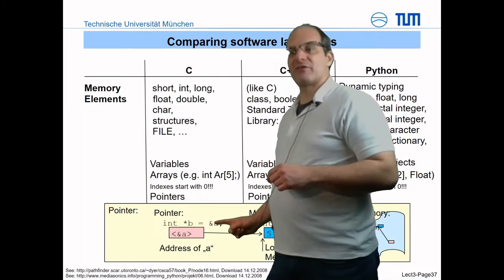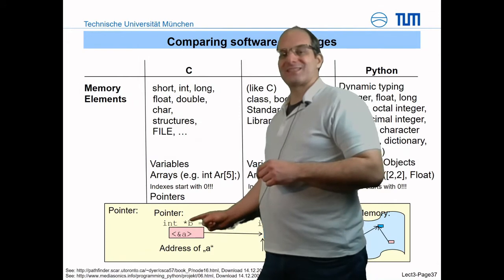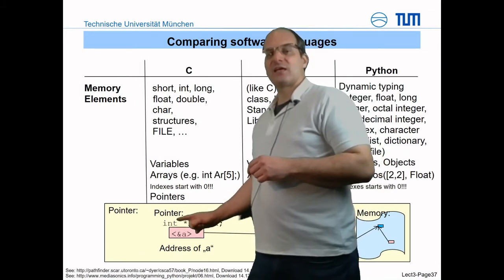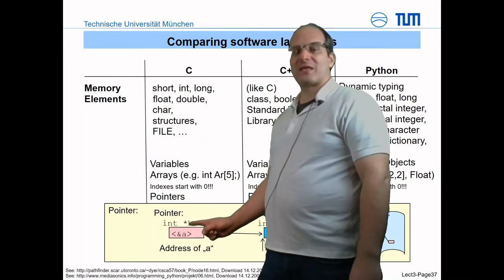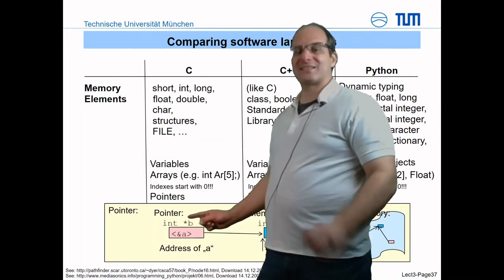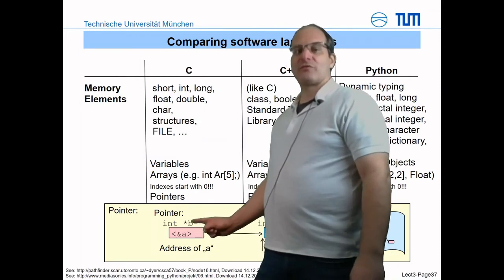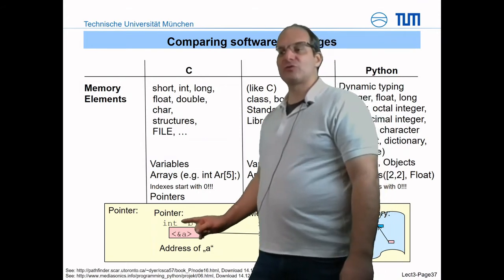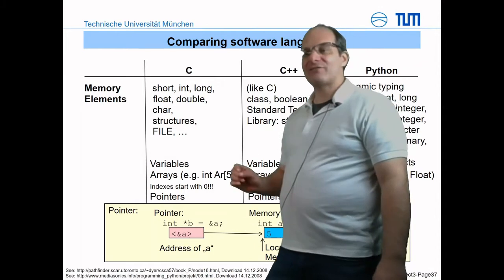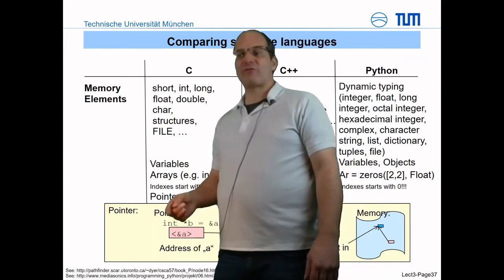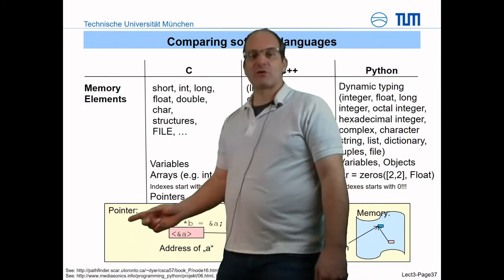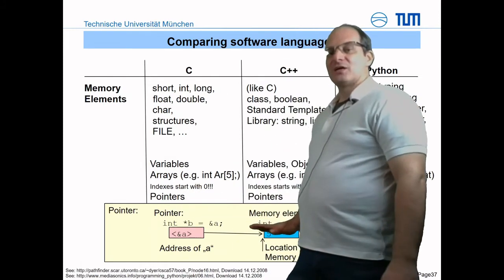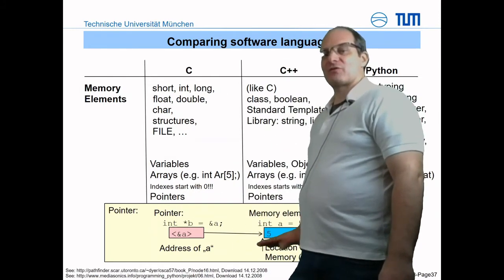You have somewhere the address. The address is referenced or is named like this. You have this asterisk, int asterisk b, for example, means it's an address of the position b. And then if you want to go to this, then you have to do referencing or dereferencing. So you have to follow this address, and then you will come to this memory element where really the data